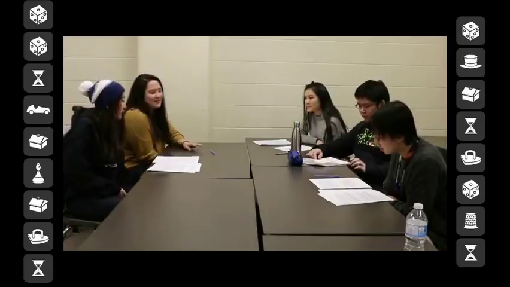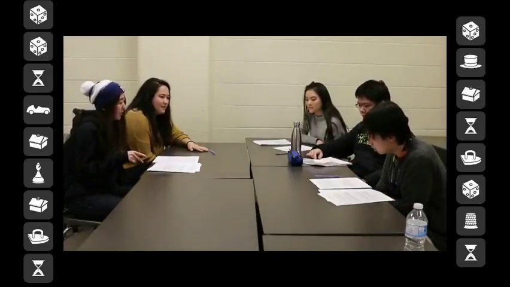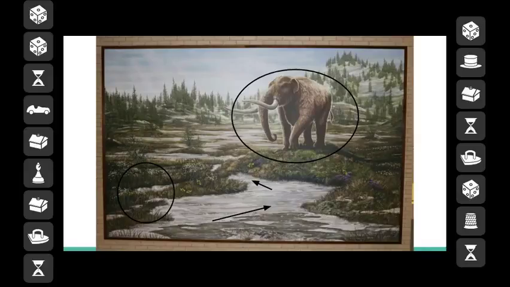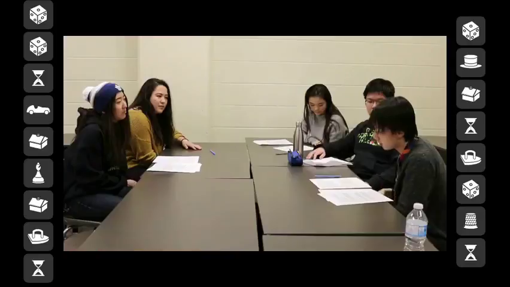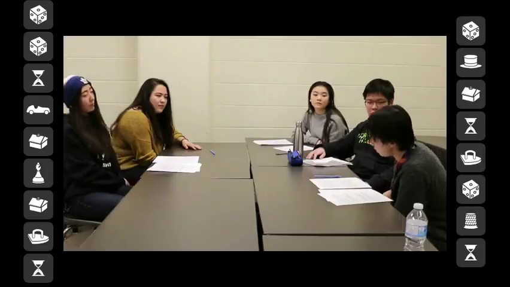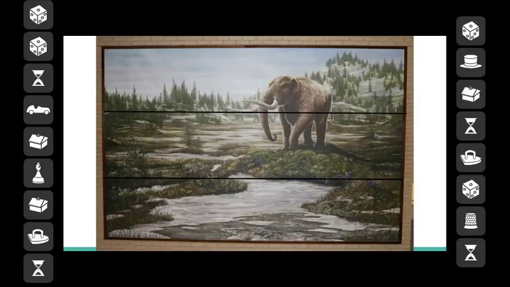So to talk about the movement of the eye, you begin to analyze the painting by moving across the picture itself. You begin at the bottom where the cool tone detailed grass field is, and then you move along and follow the curve of the river, and then you eventually reach the mastodon. This part is very important because even though the mammal is the focal subject of the painting, you don't look at it first because it is in the middle ground instead of the foreground. The foreground would relate to the river and the grass area, as you can see,